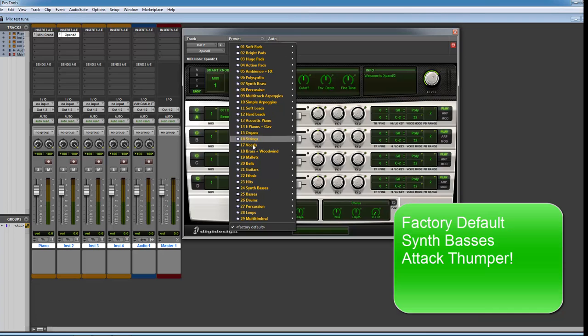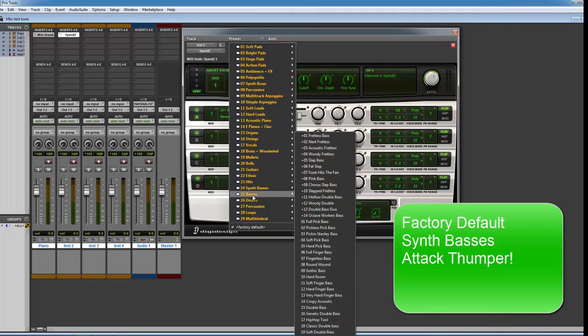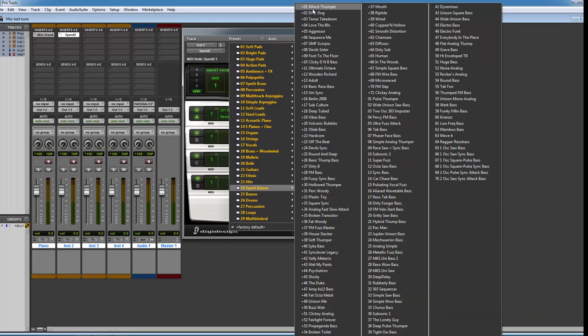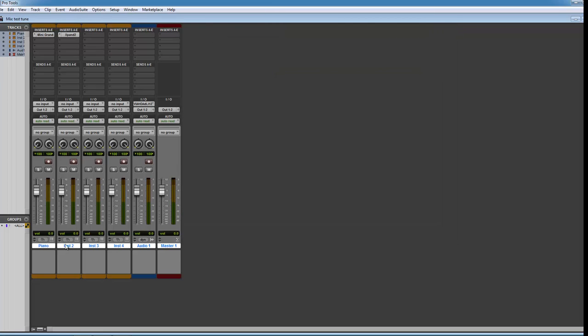So we're looking for basses, so we could sound like a synthetic bass or a normal bass sound. It's our job really to go in here and look at all the different bass sounds. An FM slap or a microwave, I have no idea what that sounds like, but if we take an attack thumper for example, that means when we go to play anything over here, it's going to sound like that. So I'm going to close that window just now, and I'm going to mark up my screen here